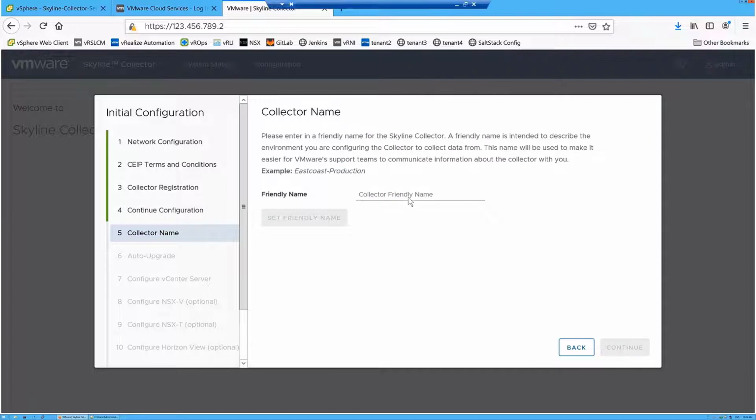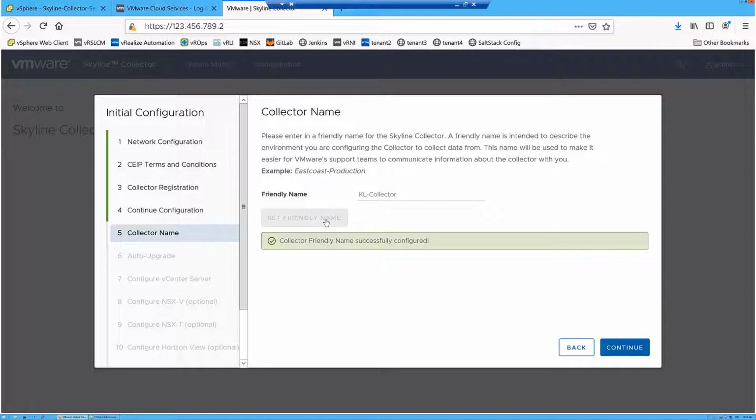And at this point, I'll enter a friendly name for my Skyline Collector for easy identification. The same naming recommendation applies. Make it meaningful, as this name will make it easier for VMware Global Support Services to communicate information about the Skyline Collector with you. Now I'll have to choose whether to enable the Skyline Collector to automatically upgrade when new